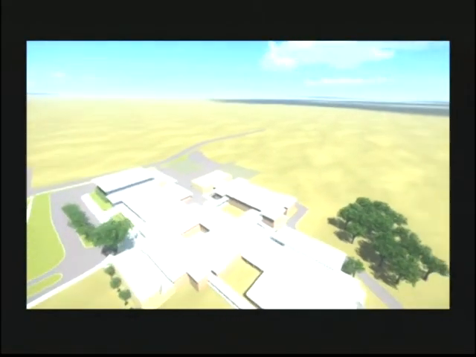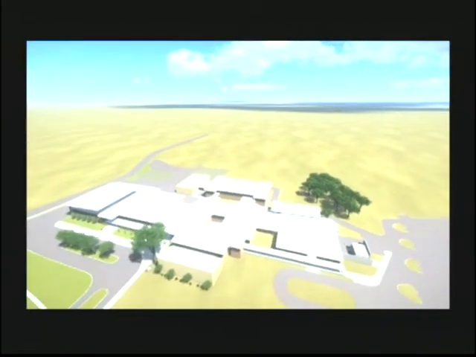So, are there any questions or comments? Now we've taken up that parking area there for the new gym. So where are they going to park when they come to that facility? Well,